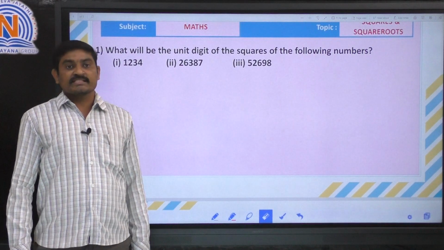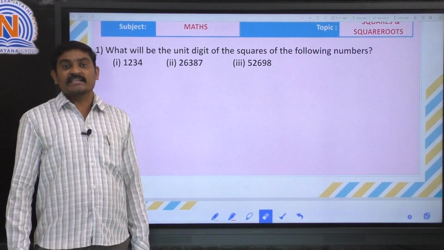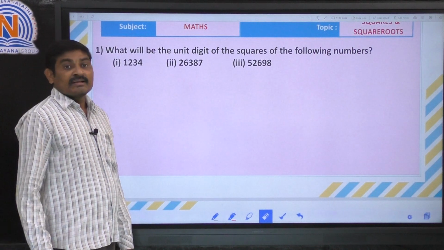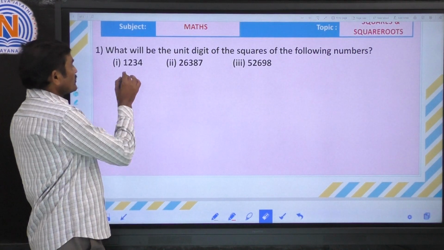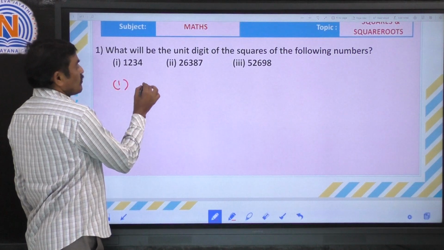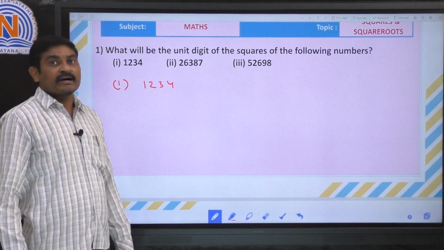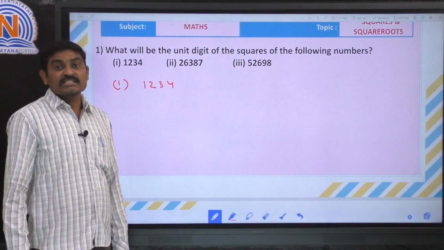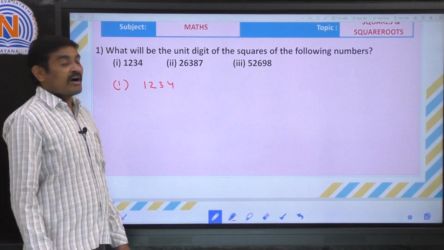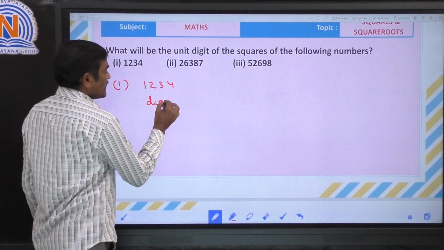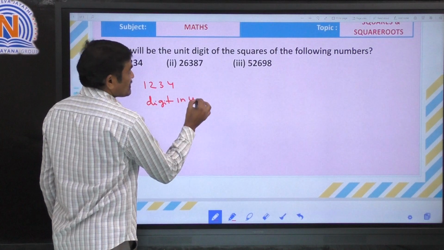The first question is, what will be the unit digit of the squares of the following numbers? The first one is 1234. We want to find the unit digit of the square of this number. Now observe here, the digit in units place